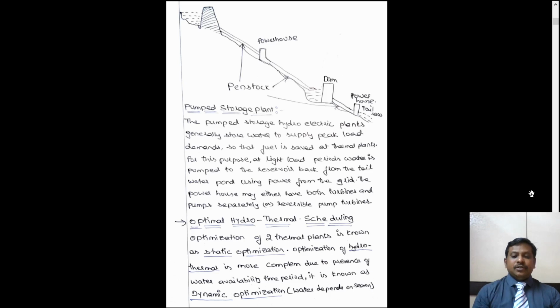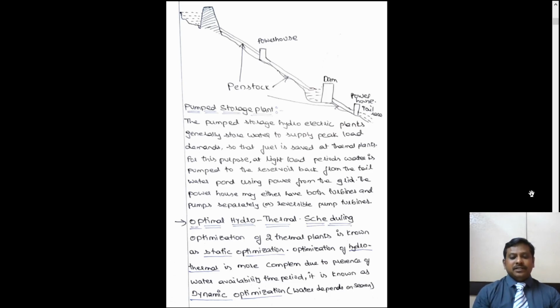Okay. So in the first unit we have considered two thermal power plants. In unit 2 we are considering one hydro and one thermal. While considering one hydro and one thermal, it becomes a very difficult task, because in thermal we will be considering the cost of the coal, whereas in case of the hydro the fuel is water, which is available free in the nature.